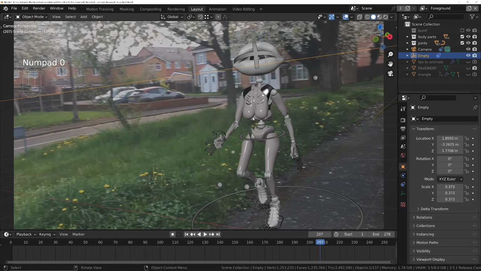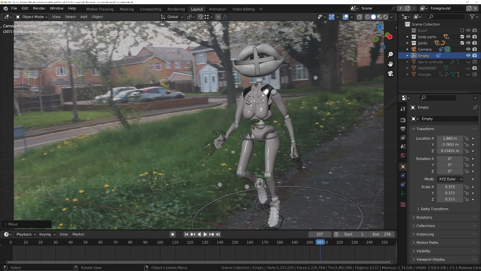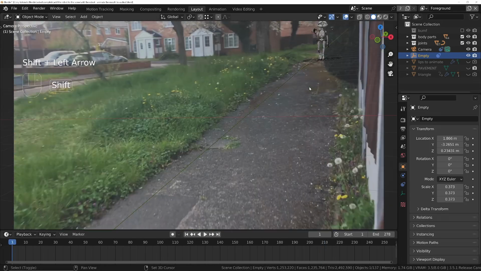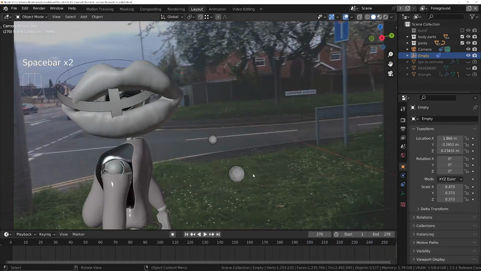So back into this view, and with the empty still selected, I can now move it on the Z-axis until the robot's looking directly into the camera. It's probably about there. Let's try this. There we go. But what I actually want to do, rather than having the character look at the camera